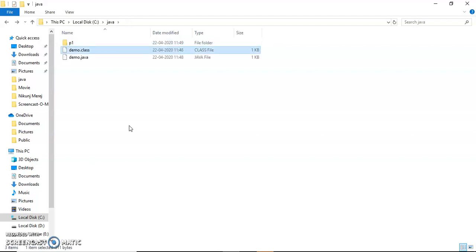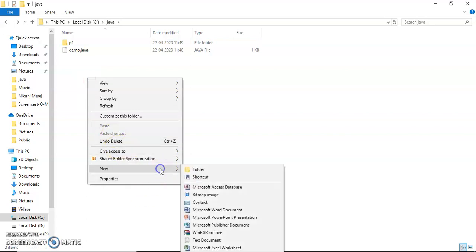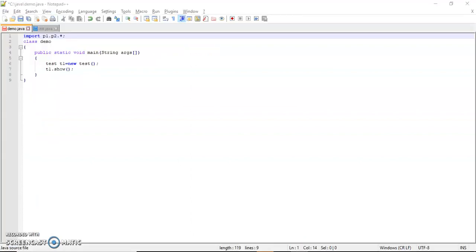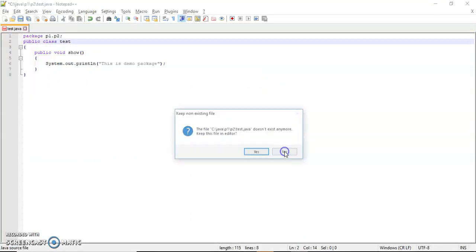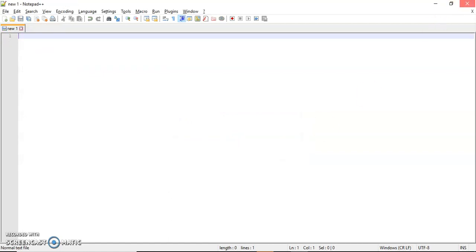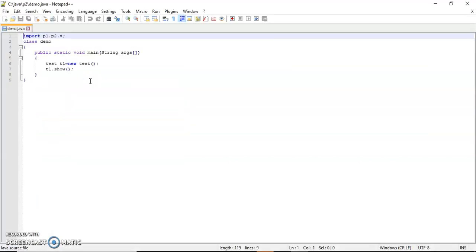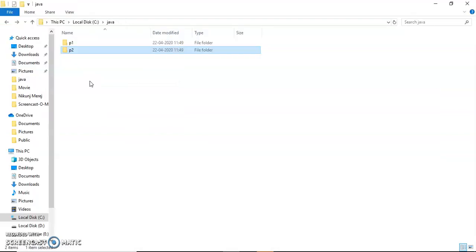So in p1 there is the test java file, and I create one more package, p2, and in p2 I put the demo file. Now I remove both class files and open the files. First I open the demo file, then the p1 package.